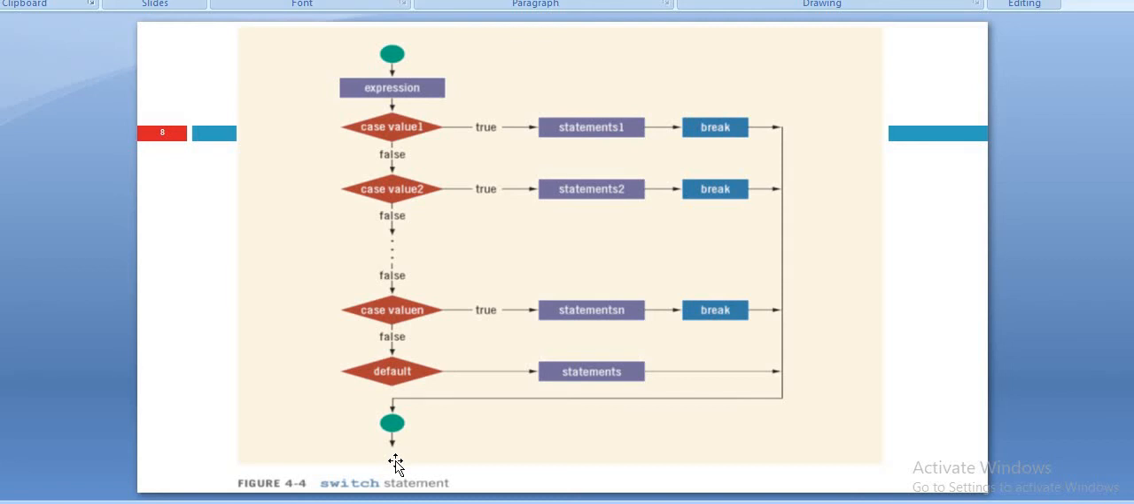and it will go to the normal execution. For example, no condition is true from here, then the default keyword, that is the keyword reserved word,